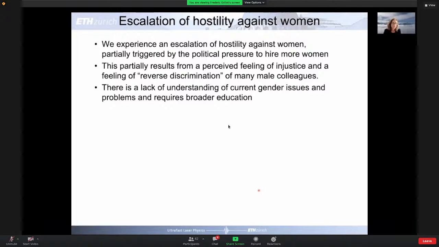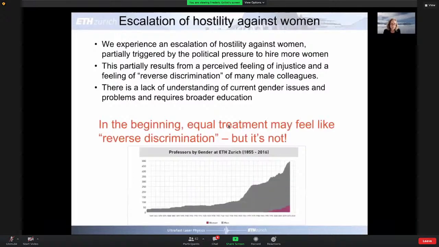I believe that there is a lack of understanding of the current gender issues and the problems, and we need a broader education, because I don't think that this reverse discrimination is true. Actually, there are facts that show that this is not true. But it is important to realize that in the beginning, equal treatment may feel like reverse discrimination, but it's not,